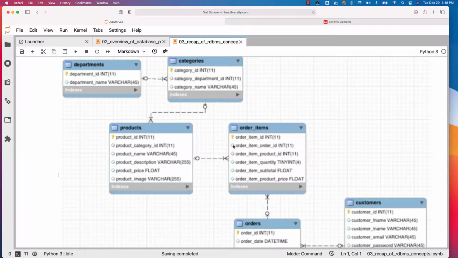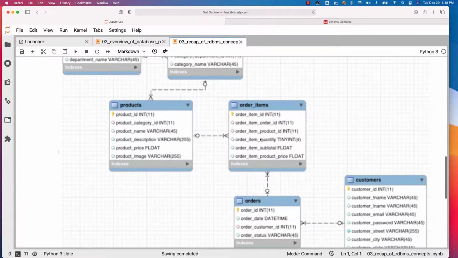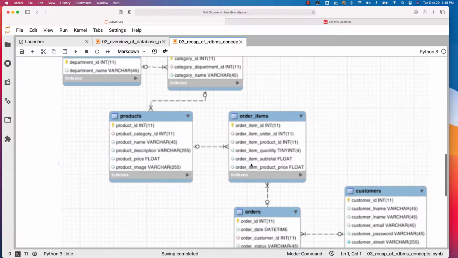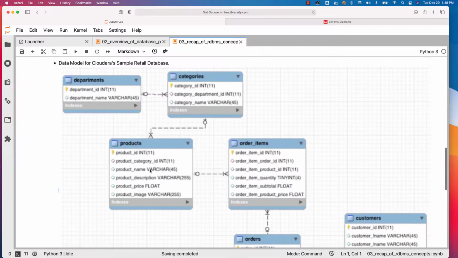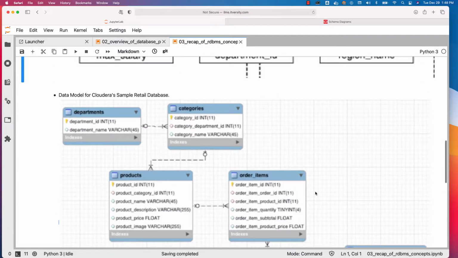However, if you look at these, order item order ID is in red. Same is the case with order item product ID. Order item order ID is the foreign key constraint to orders, whereas the order item product ID is the foreign key to products product ID. So you have two foreign keys, one for orders and another for products. So we have a many-to-many relationship between products and orders. Order items will serve as a bridge table. Also, I am reiterating that orders and order items are transactional tables, whereas products, categories, departments, as well as customers are nothing but master data tables.